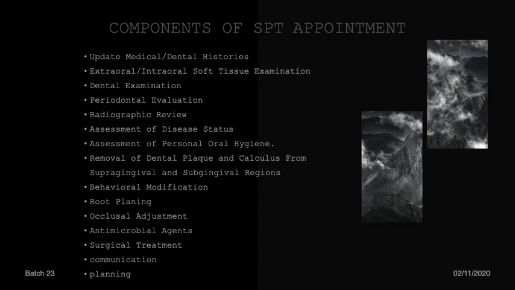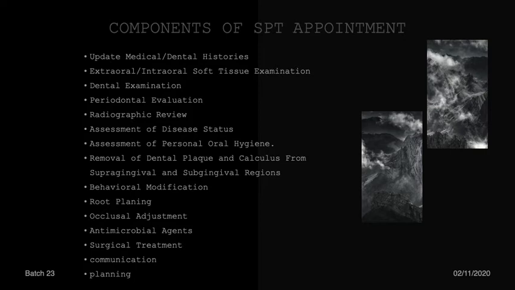It is basically an update of whatever we have done in phase 1. So we have to re-evaluate and see whether any changes happened during the interval. If it is a 3 month or 6 month interval, we check whether any changes have happened within that time. That is what we do in the examination part, including changes in the medical histories, any changes in the extraoral or intraoral soft tissues, in the dentition, in the periodontal values, in radiographs, or assessment of the disease status and assessment of the patient's personal oral